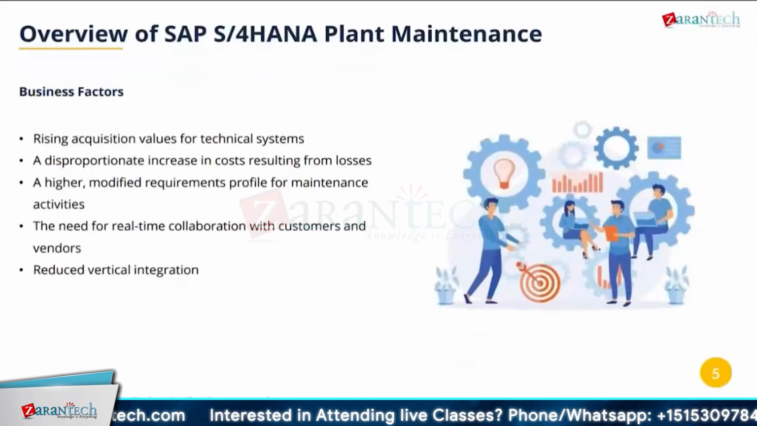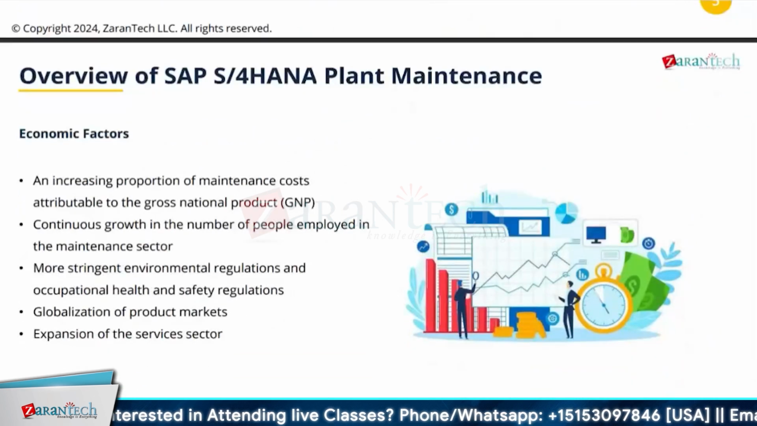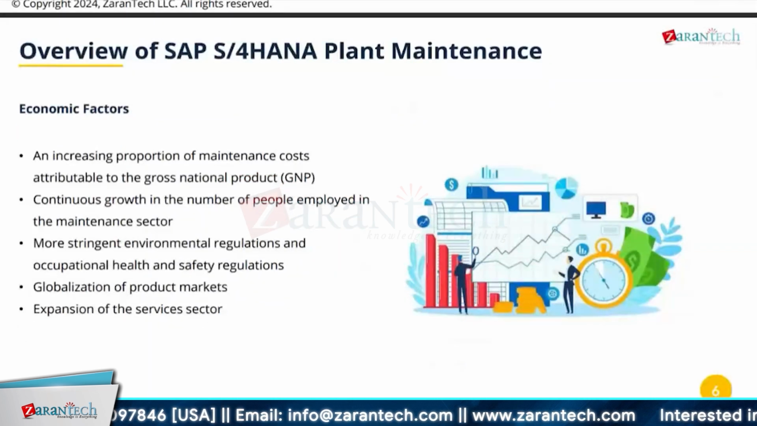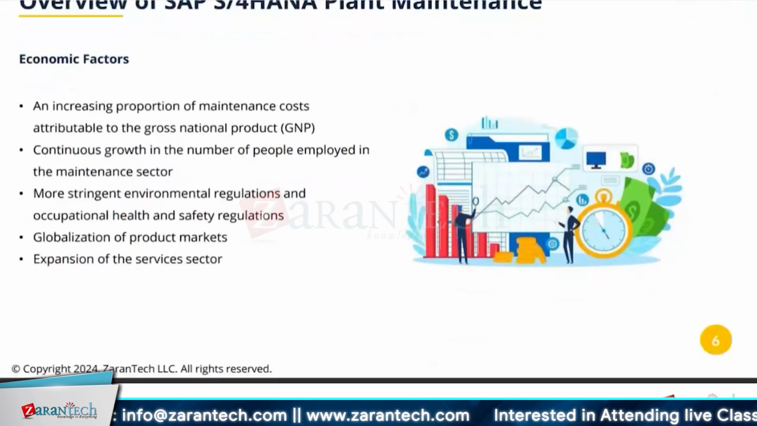Let me know if you want me to explain any of the points. And the economic factors: an increasing proportion of maintenance costs attributable to the gross national product, continuous growth in the number of people employed in the maintenance sector, more stringent environmental regulations and occupational health and safety regulations, globalization of product markets, expansion of the service sector. So these are areas of economic factors. And then